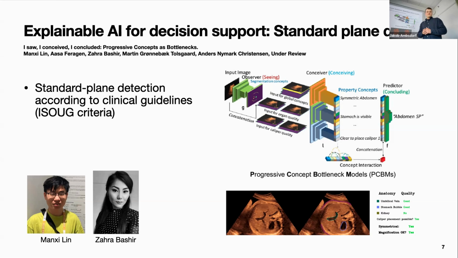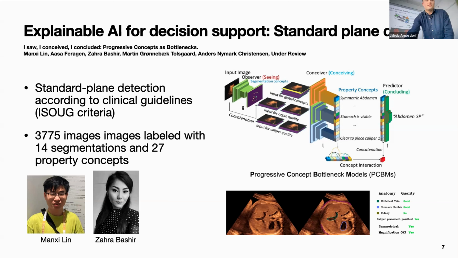So why is this a cool example for collaboration? I think it's clinically motivated. It's an important problem from the clinical point of view. You have the explainability and the guidelines included. And then you also have some clever solutions to the technical challenges. I won't have time to get into the technical part here, but there are also solutions from the method side. And then in the end, you also have, of course, the expert annotations.